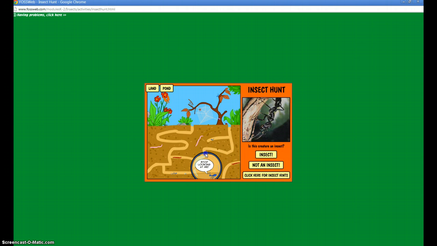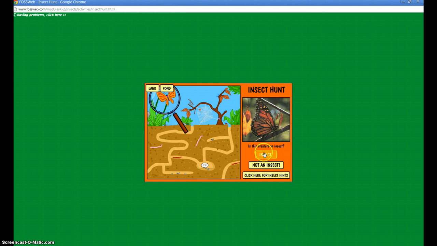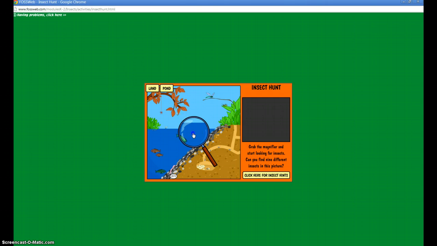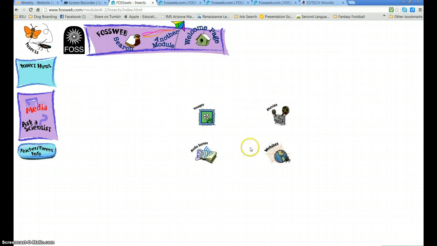But I think this is a really fun activity as they look for insects in the ground, and I wouldn't be surprised if we saw some students grabbing magnifying glasses at home and doing this. They can go from land to pond as well to look for insects. I thought this was a real cute activity. I do see educational value in it because it's asking students to identify what is an insect and what isn't an insect. And again, I would supplement this simulation